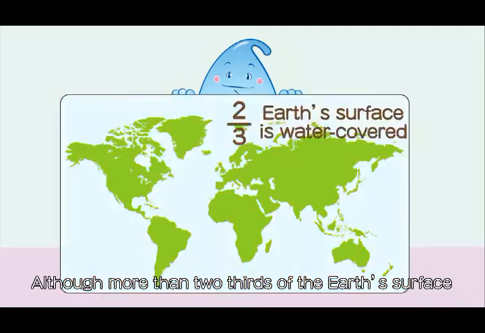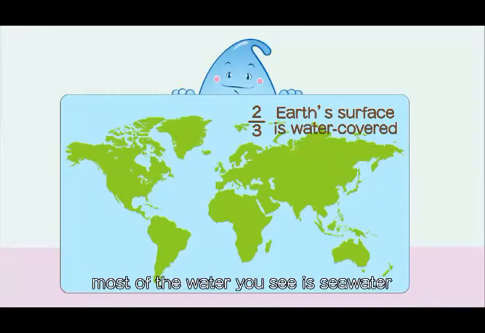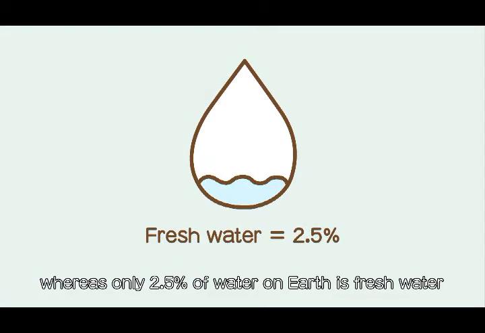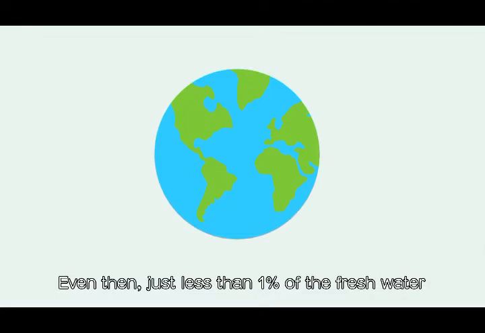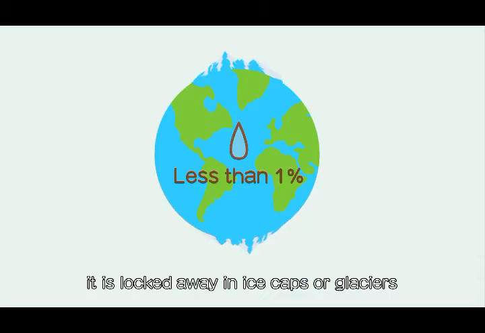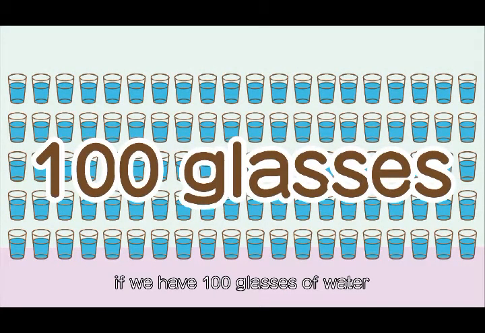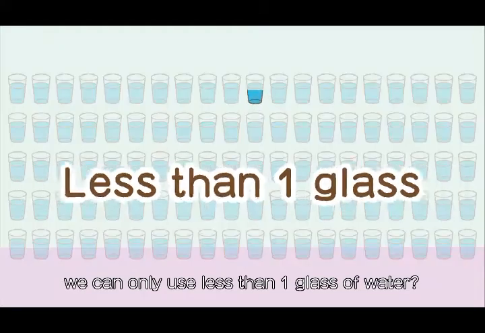Although more than 2/3 of the Earth's surface is water covered, the truth is most of the water you see is seawater, whereas only 2.5% of water on Earth is fresh water. Even then, just less than 1% of the fresh water is easily accessible by people. Of the remaining fresh water, it is locked away in ice caps or glaciers. So you're saying that if we have 100 glasses of water, we can only use less than 1 glass of